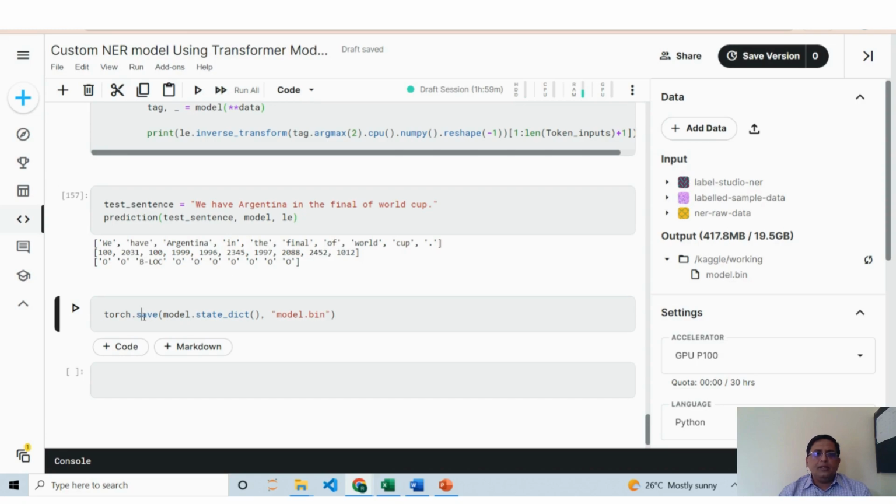The final step is if we want to save this model, whatever we did through the epochs, then we can do a torch.save of model.state_dict. Since I'm using Kaggle, in this case it will reside in my output. Okay, so I hope it gave you a very quick walkthrough of the code